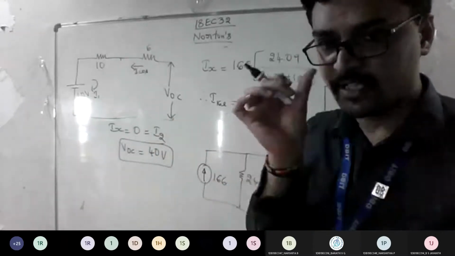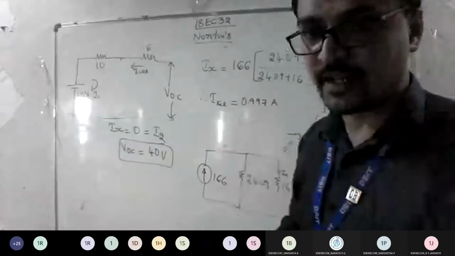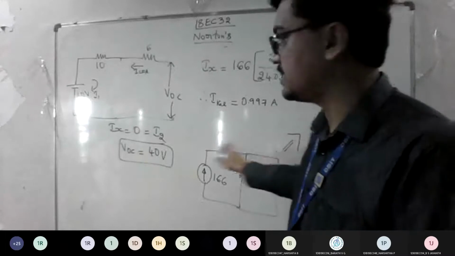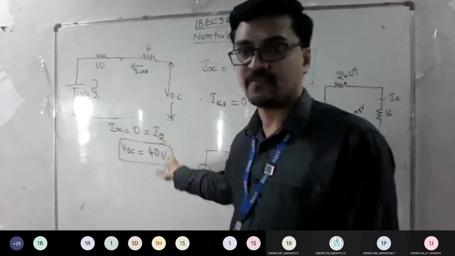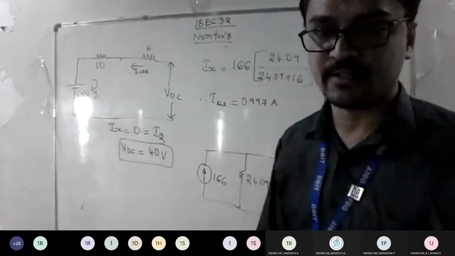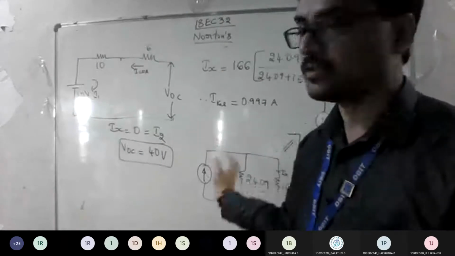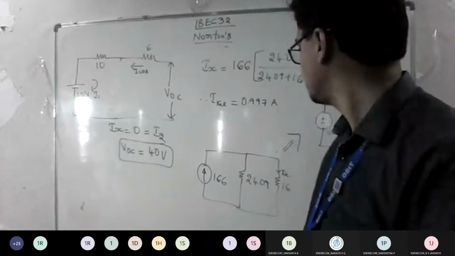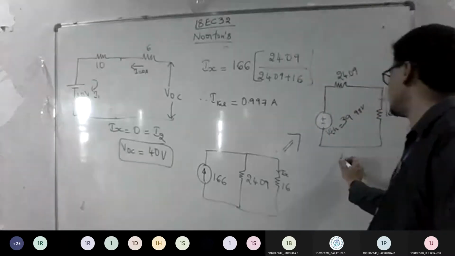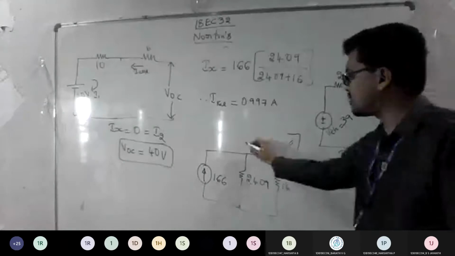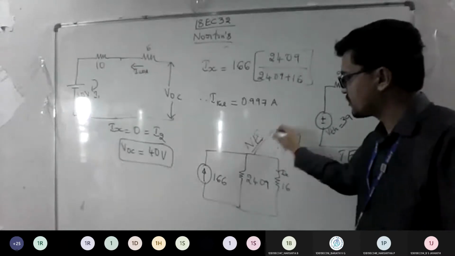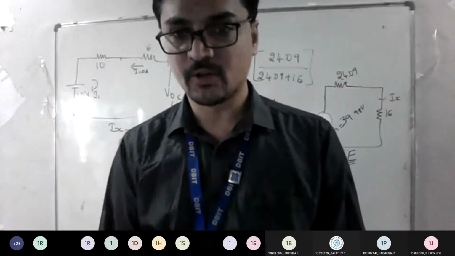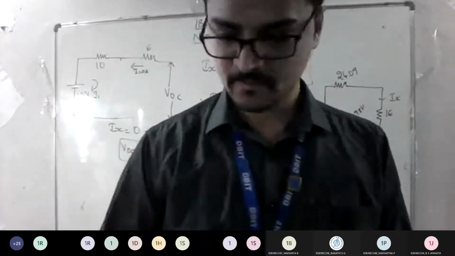Such kind of options are there for a few problems. You can make sure yourself whether what you wrote in the exam is right or wrong. So you got approximately 39.98, which is nothing but 40 volt only. We started with 40 volt and we got the same equivalent voltage. So we have proved both Norton's and Thevenin's voltage will be the same. Is it fine here? This is your Thevenin's equivalent circuit and this is your Norton's equivalent circuit. So just have an idea how to solve this. I hope everyone got how to solve a different problem now.